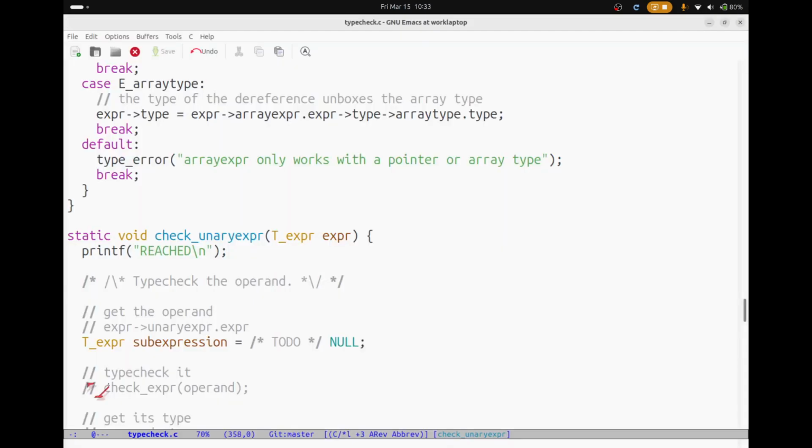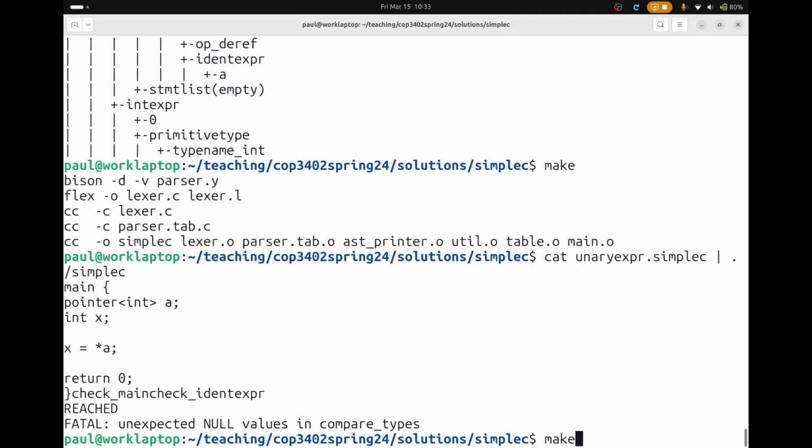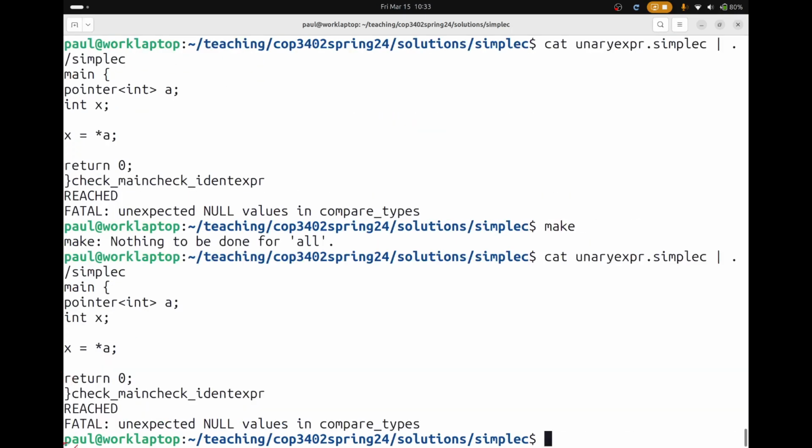And by just putting this little print statement, I can confirm that indeed I'm reaching this code. So there's an error here. I mean, who cares? The code's not written yet. I'm just trying to check reachability right now. Okay, so I have code that, if you know C and you can look at examples in simple C, you